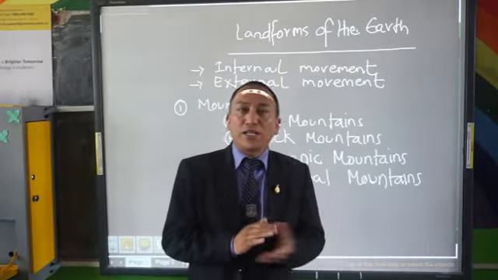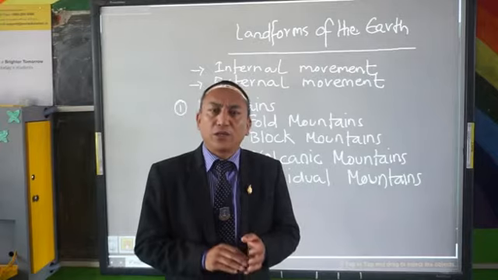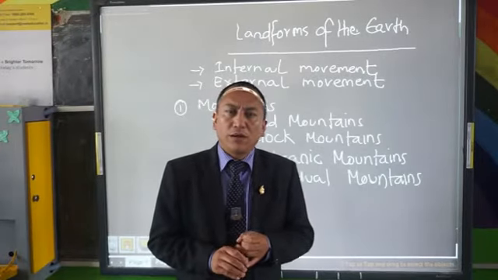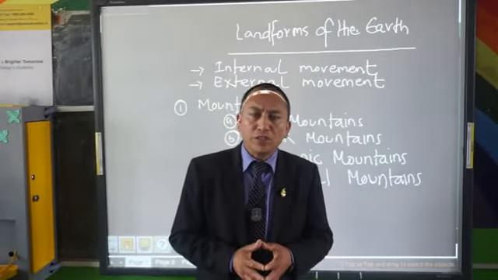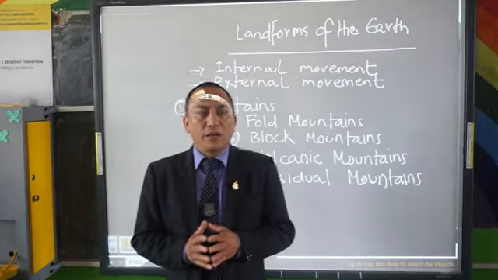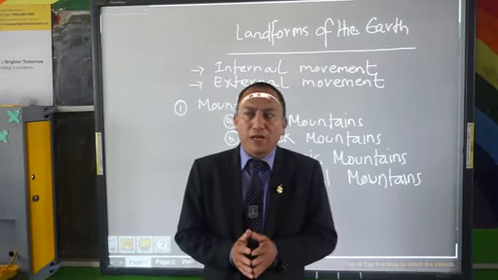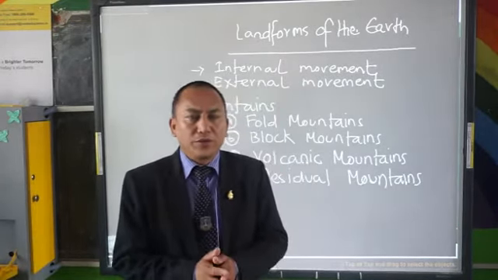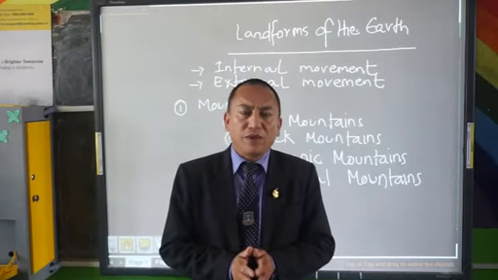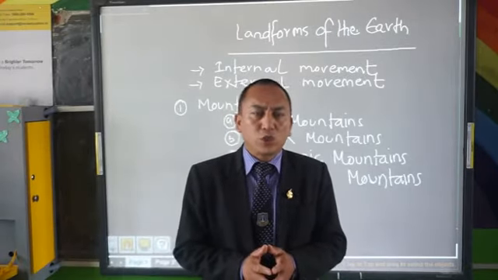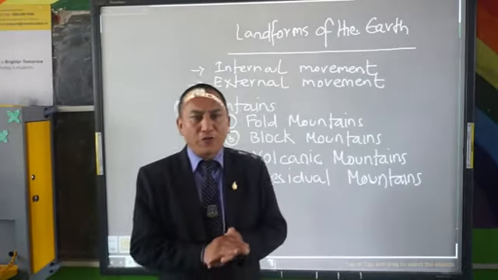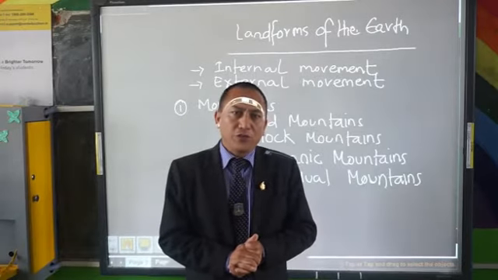It covers a broad category of different features like continents and oceans, mountains, plateaus and plains, also small minor land features like hills, valleys, deltas and so on